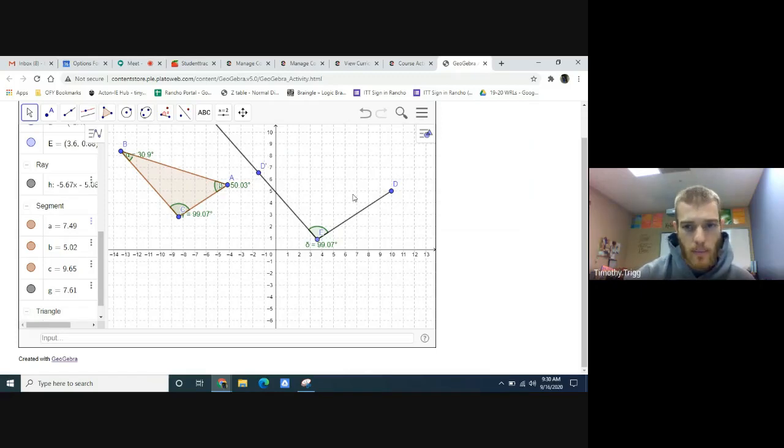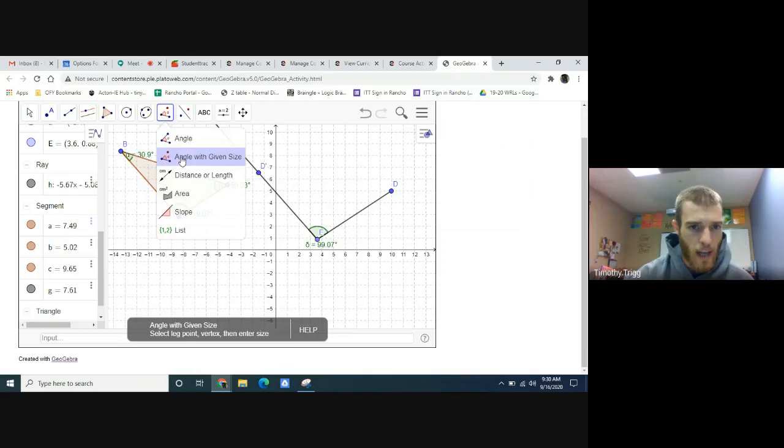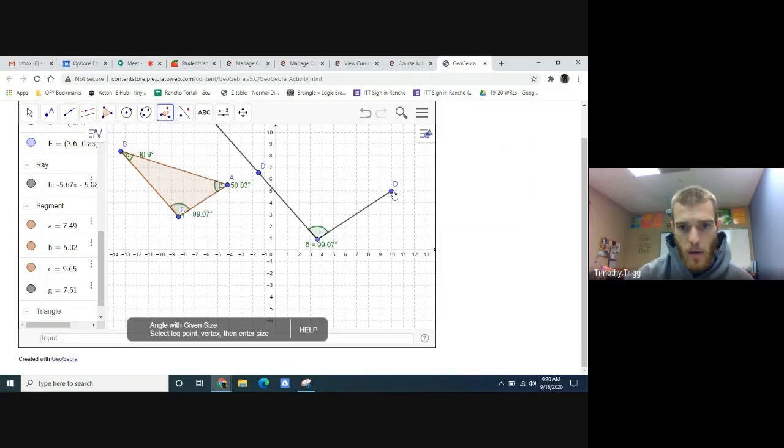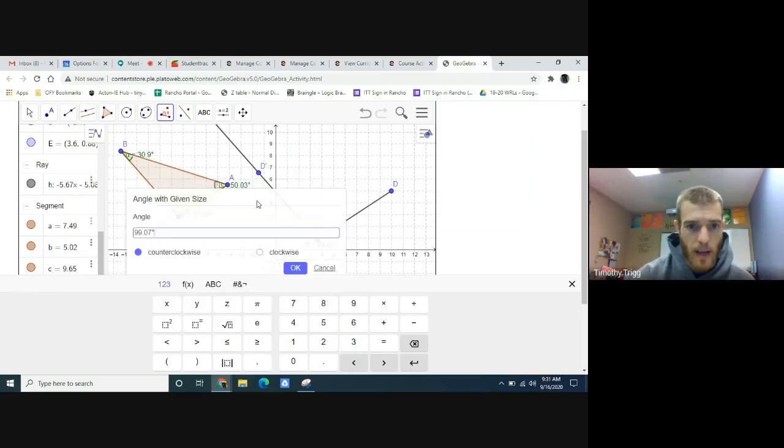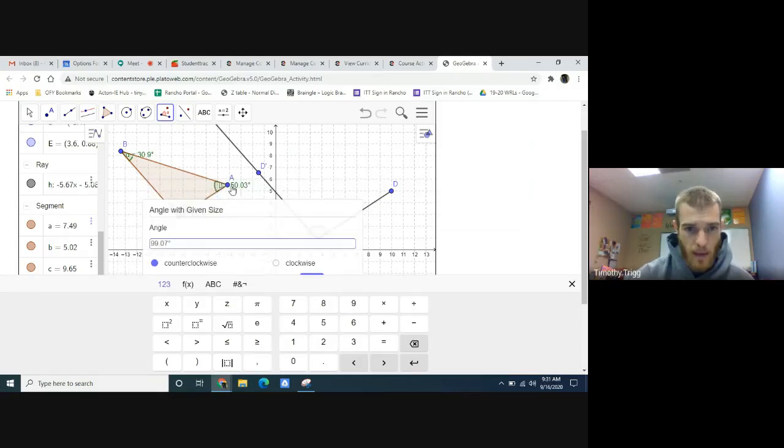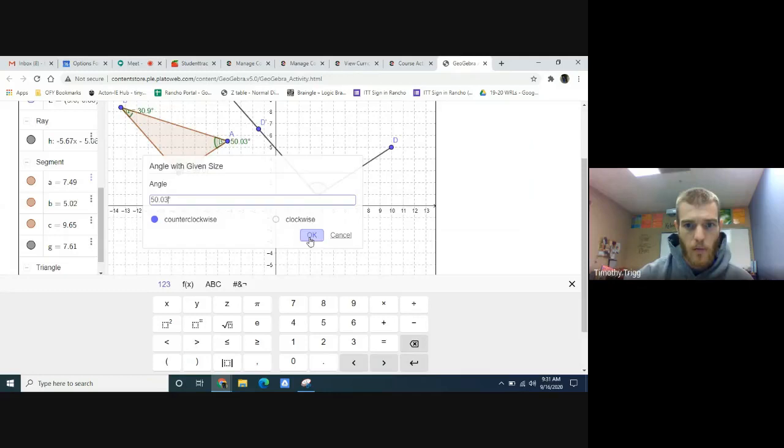Now we want to do the same thing over here. So go to angle with given size, same as before. Click point D and then this segment. And this time we want it to be the same as this. So that's same as angle A. So that's going to be 50.03 in my case. You might have different angle measures, but